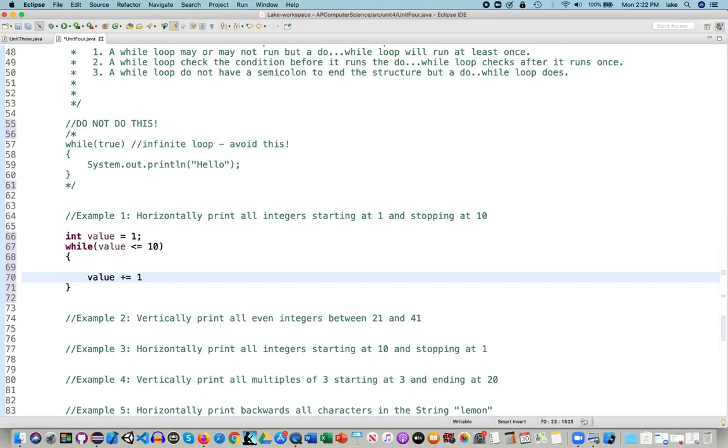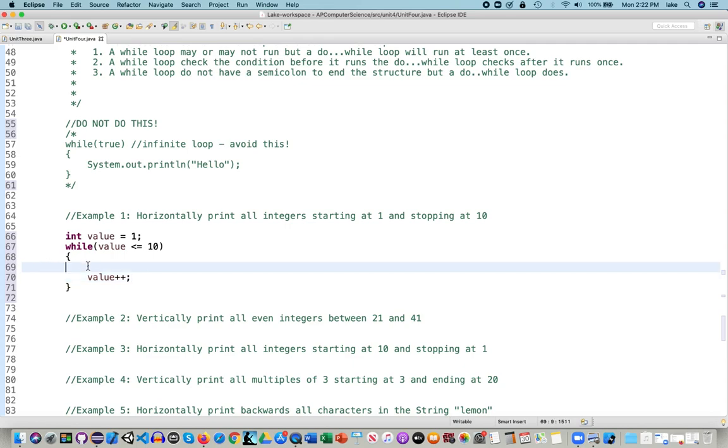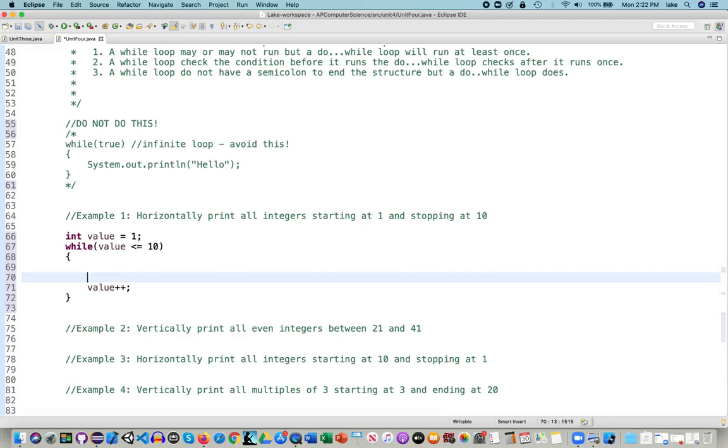I'm going to show you 2 ways to do that. These are all things we did before, so they're all coming together here. Plus equal 1 means add 1 to the value, assign it back. Or plus plus, same thing as adding 1. The only thing I need left to do now is to print. So I'm going to go ahead and print